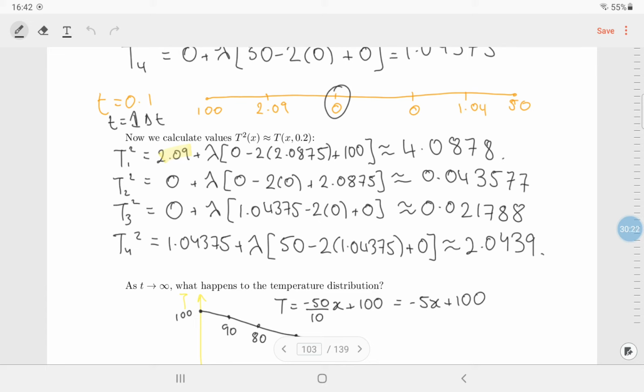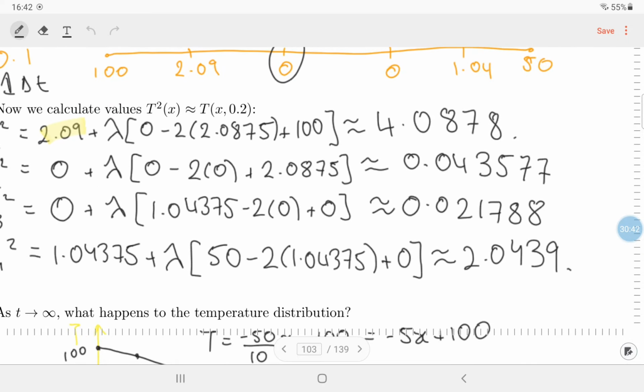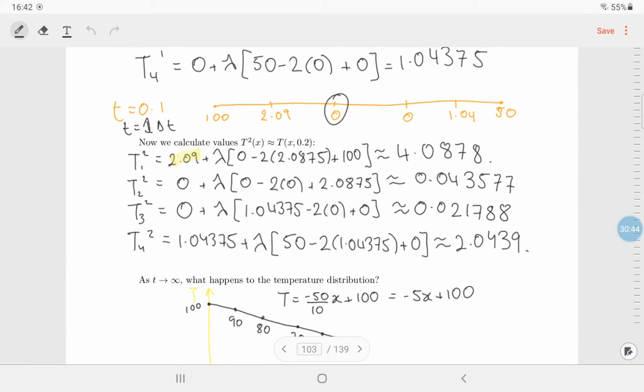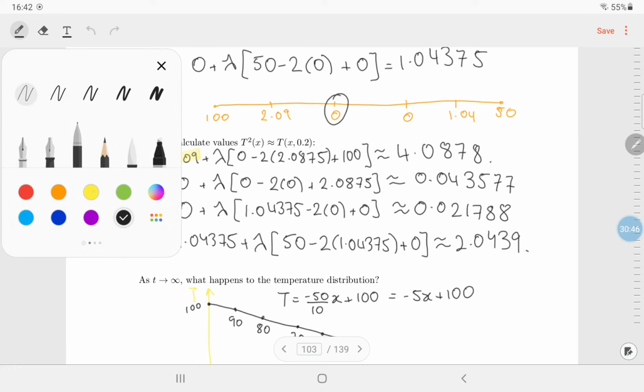But if you theoretically made the delta x smaller and smaller, and the delta t smaller and smaller, now you have to be careful because you have to keep the lambda less than a quarter. Now you can have lambda equal to a quarter with very, very small delta x and delta t. And what that means is that these numbers on the right will be very, very good approximations of, for example,